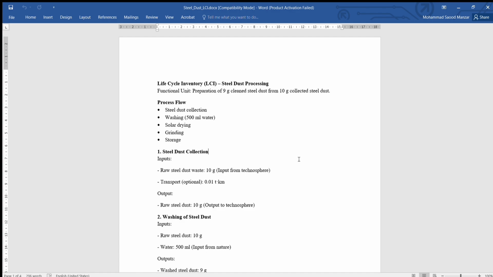Now the life cycle phases. According to ISO 14040, there are four main phases of life cycle assessment. The first one is the goal and scope definition, where we have to define what we are studying, the system boundary, and the functional unit. For example, if we have 1 gram of hydrochar produced, the functional unit is 1 gram of hydrochar produced. Then the life cycle inventory collects all data: materials, energy, emission, waste. And then it converts the inventory into impacts, for example, CO2 into climate change, SO2 into